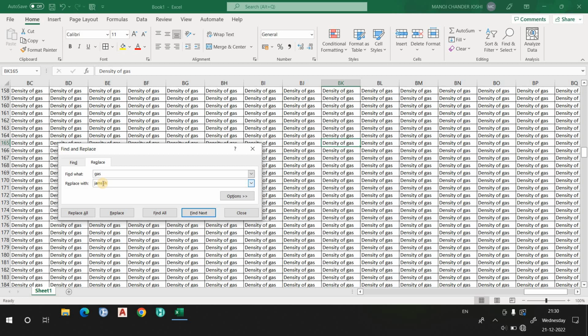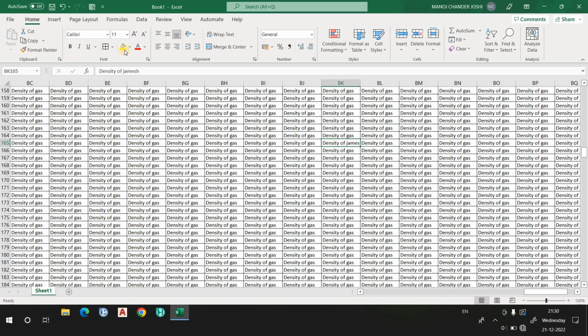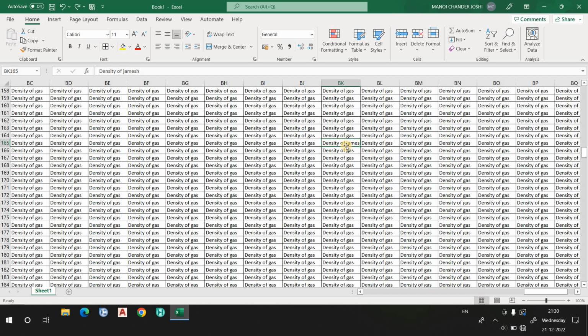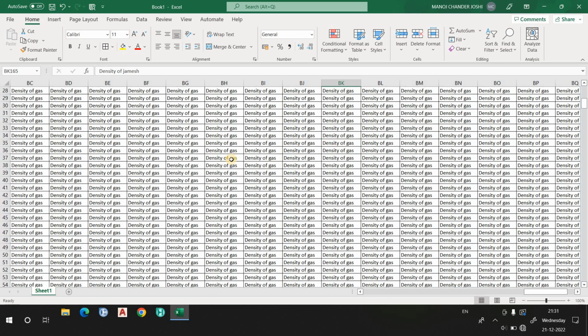Now if you click replace, you will see that it has been replaced with James. Earlier what was here? Let me undo. You will find the density of gas was here. Now here is the density of James. Are you getting my point? That is the significance of find and replace.